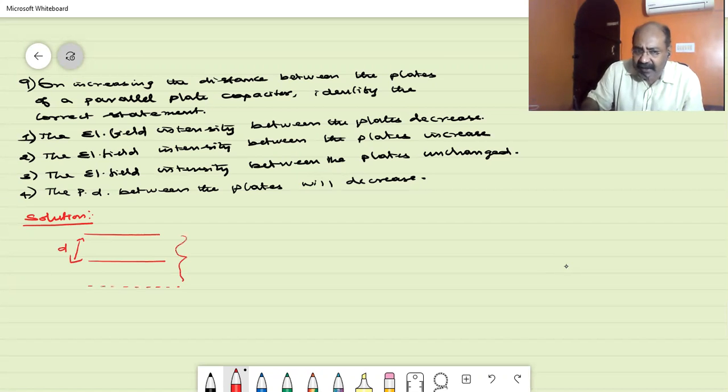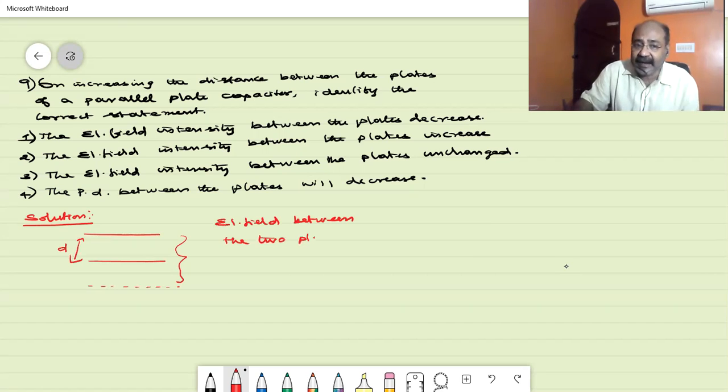If this distance got increased, what will happen to electrical field intensity? See, when I am taking the two plates, I can write the electrical field between the two plates. The electrical field in between the two plates is given by the formula E equal to, we might have studied using the application of the Gauss law, sigma divided by epsilon 0. Because in the capacitor, one of the plates will have the positive charge and another plate will have the induced negative charge and the other one will get earthed.